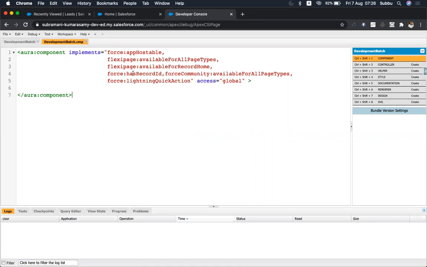You know the access modifiers, global, private, public, right? Same, the access modifier is defined here too. This is global, so this component will be available everywhere. Okay. So we will talk about this implementation and its significance.